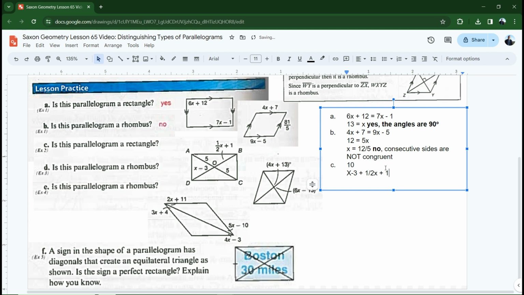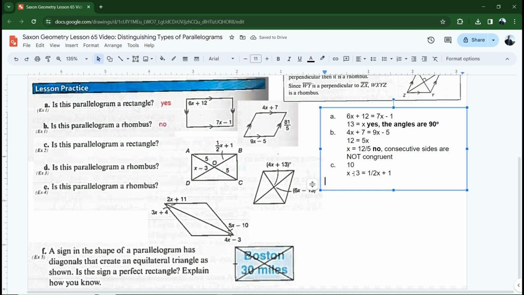But wait a second. This is a parallelogram. This isn't any quadrilateral. In a parallelogram, the diagonals always bisect each other. So, yes, this entire length is x minus 3 plus 1 half x plus 1, but this half of the diagonal has to equal this half of the diagonal because they're bisected in a parallelogram. So you have to know the properties of parallelograms to be able to work these, just in order to set